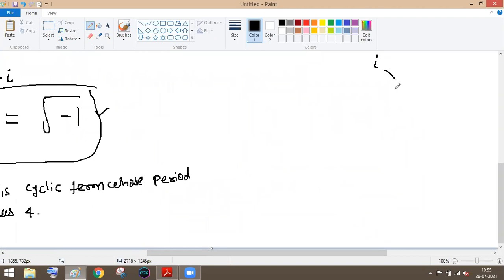So suppose you have an iota and if you multiply with the iota, you will get the iota square. And again, if you multiply with the iota, you will get the iota cube. But again, if you multiply with the iota, then you will get 1. And if you multiply with iota again, you will get I. And further, if you multiply with the iota, you will get I square. Means I can say that I will be I only, which is equal to root over minus 1. But I square will be what?